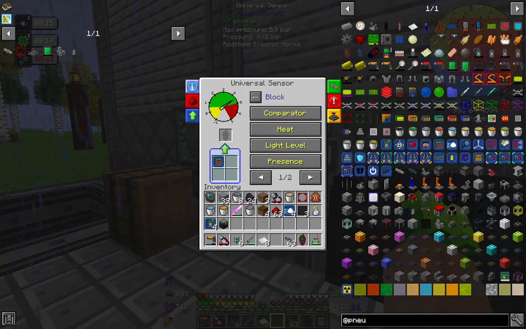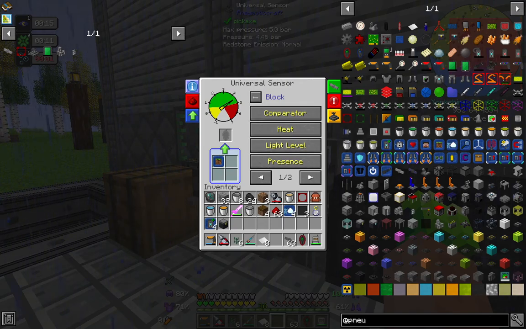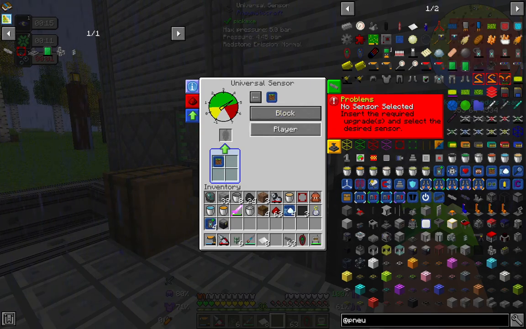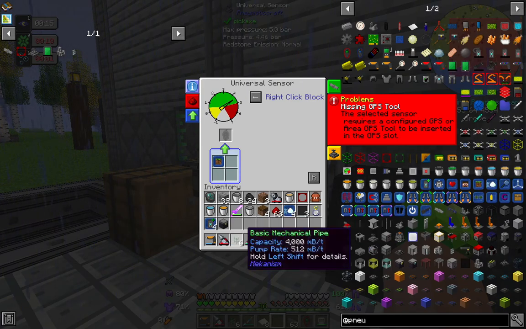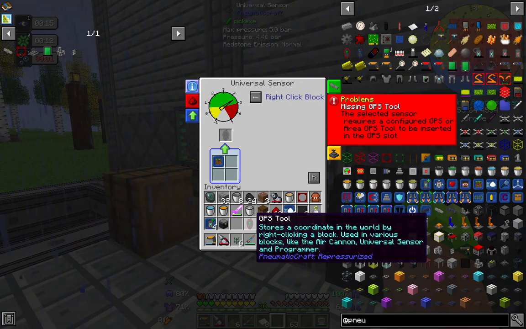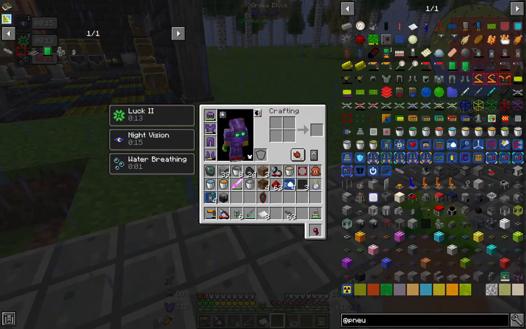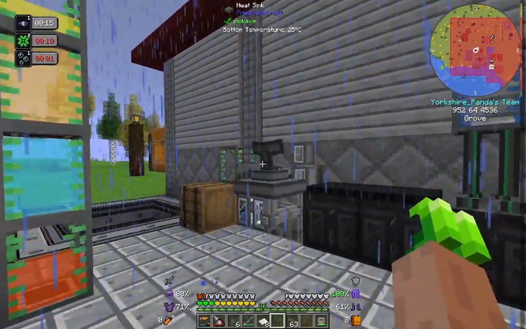Now what that will do, depending on these things, so for example redstone, if it detects a redstone signal, it can output a response. If it detects a player right-clicking a block, it can output a response. And what you do is you use this GPS tool to copy that sensor configuration and paste it onto things like the programmer, the air cannon, in order to have, so for example,